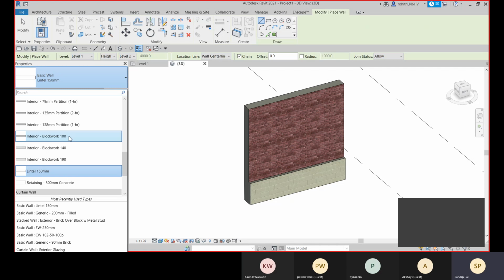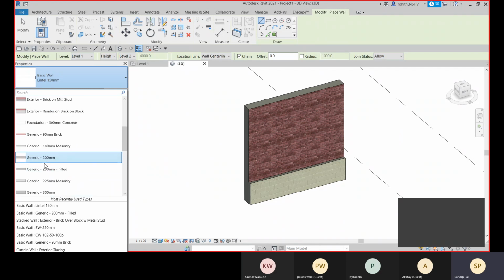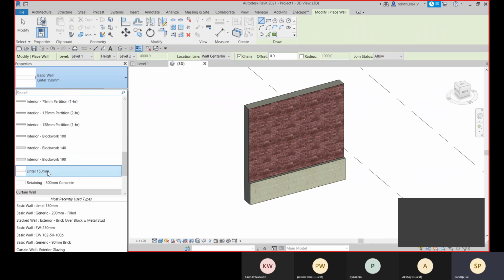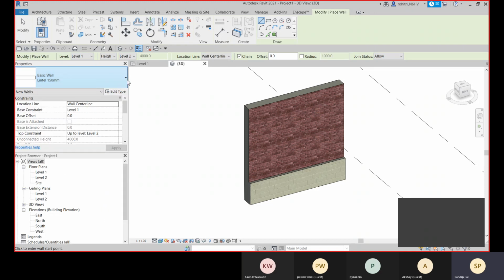This 250 mm exterior wall is already placed, right? That is already created. Now let's start creating our stacked wall.